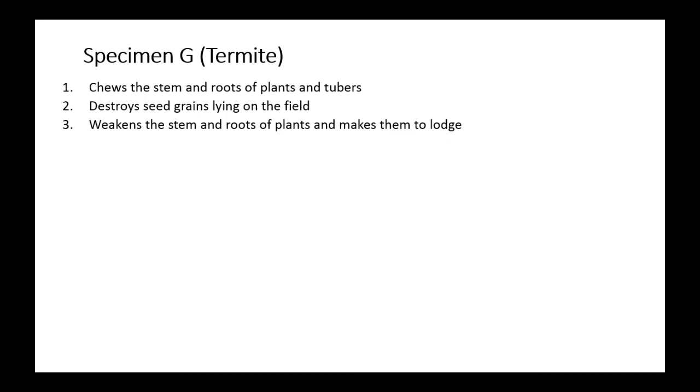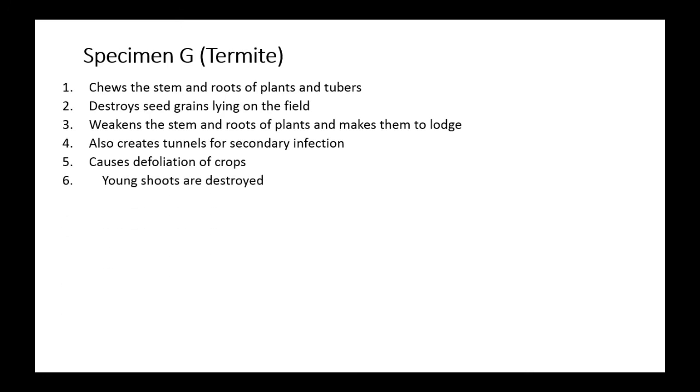Now for specimen G, it chews the stems and the root of plants and the tubers. It destroys seed grains lying on the field. It weakens the stem and roots of plants and makes them lodge. It also creates tunnels for secondary infection. It causes